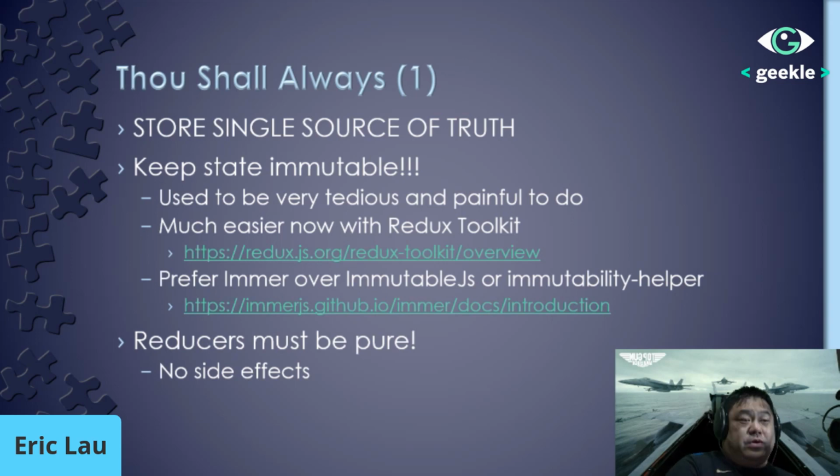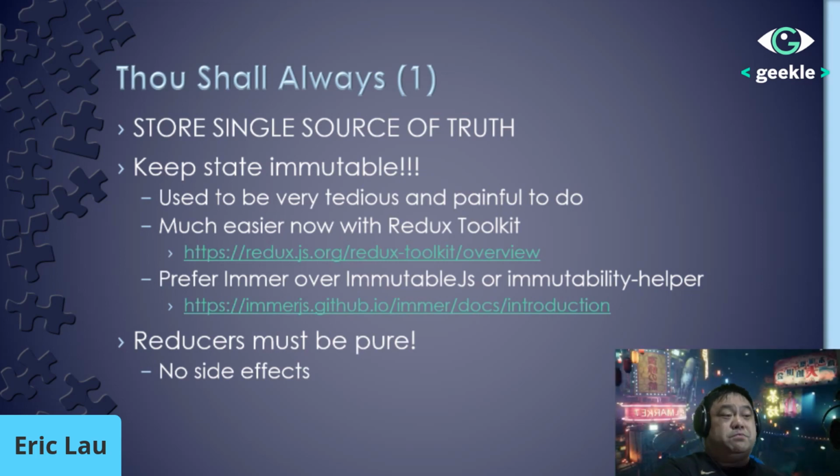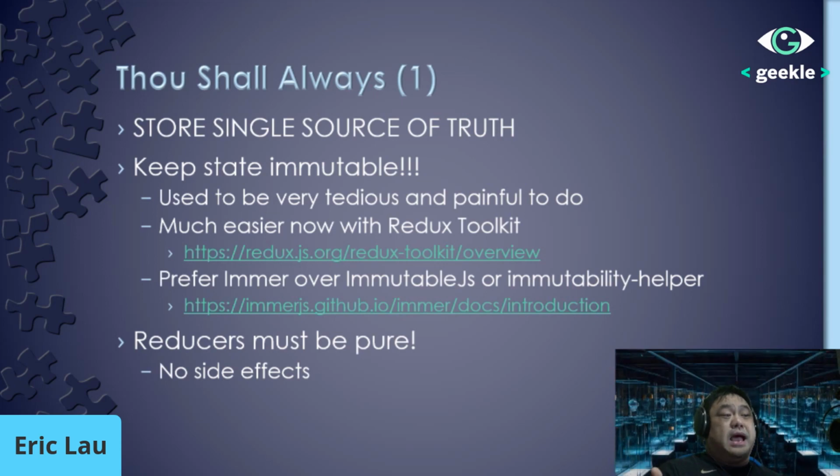And then a third one here is that reducers must be pure. What I mean by pure is pure functions, meaning that if you're given X and Y as input, you always get Z, at all times. Something that isn't pure would be something that gives you the current time. You can't go get the current time in a reducer, because you can't run the same code with the same input and get a different output.